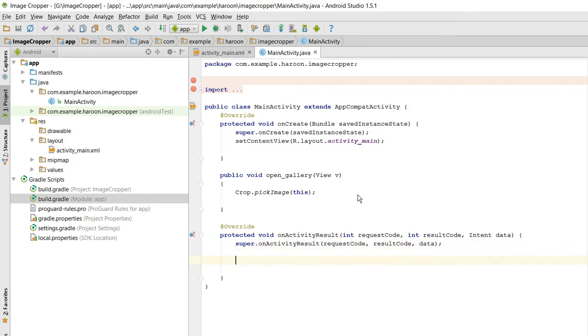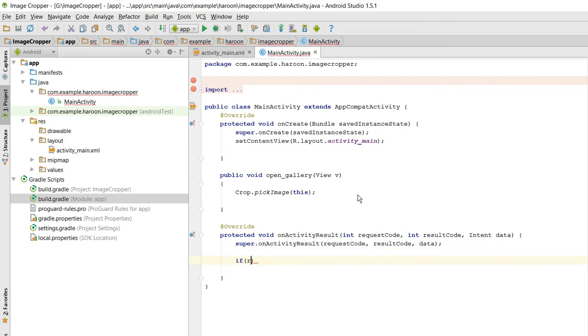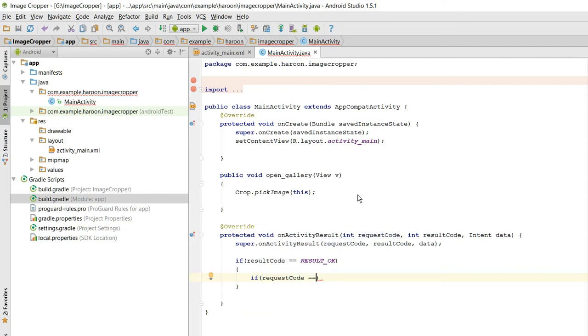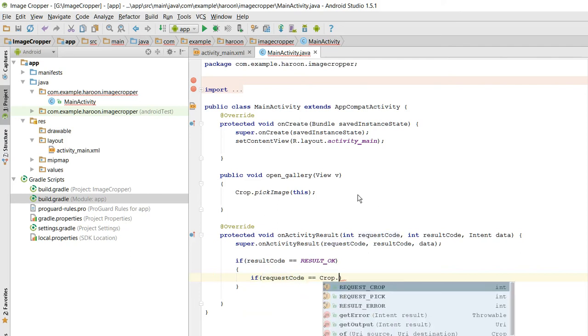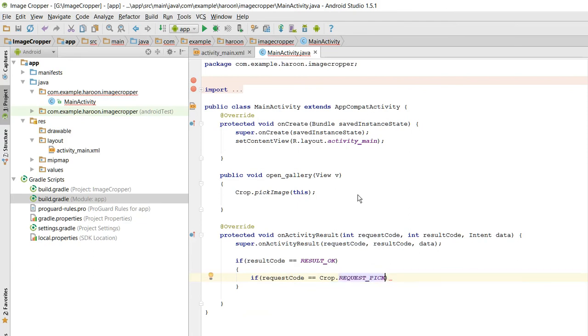So in here we need to check if result code equals result OK, and in here we need to check if request code equals crop dot request pick, means if the user has picked the image, what they need to do is